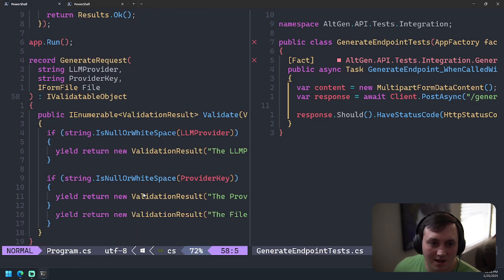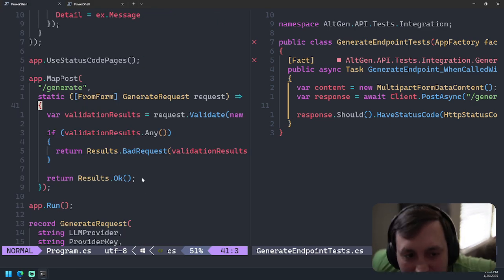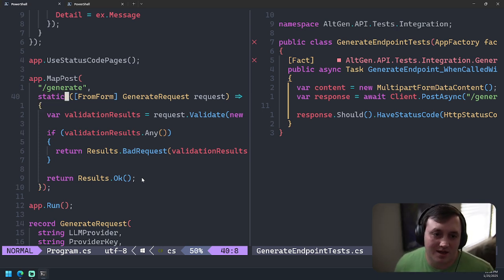So in .NET, if you're building a minimal API like this and you use anything that's binding from a form, by default it's going to implement anti-request forgery, which is basically this idea of protecting against cross-site request forgery attacks.